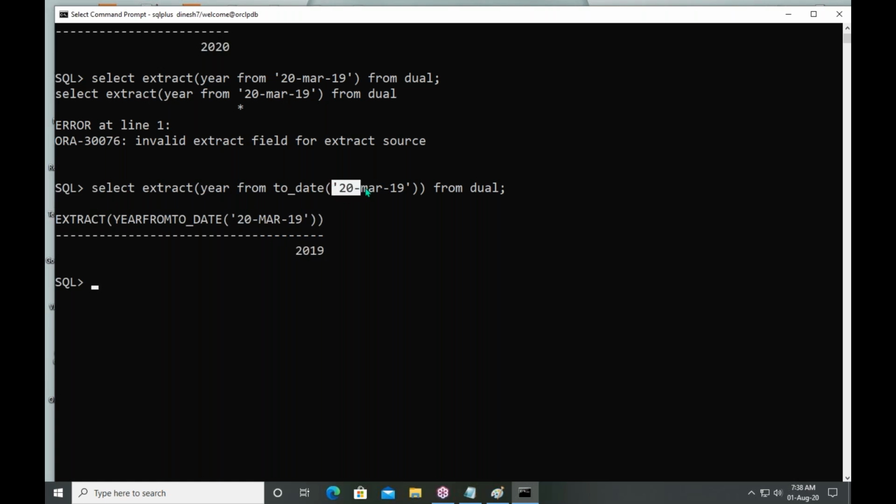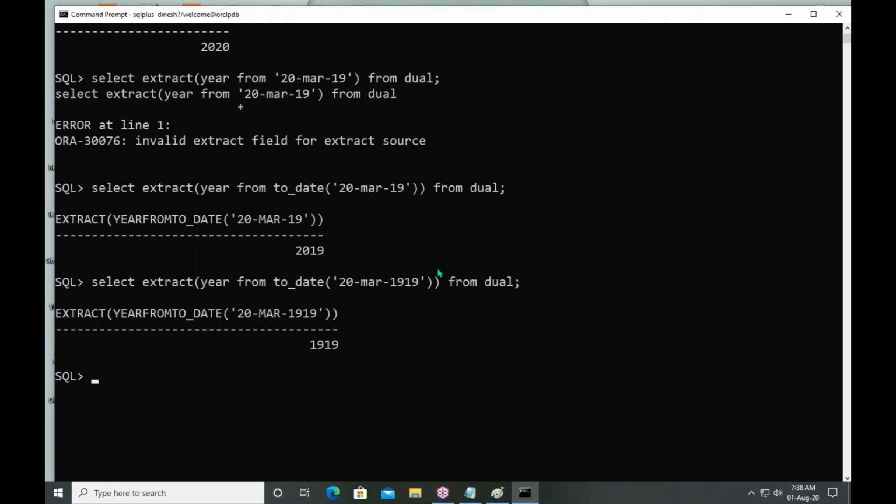I want to take it as 1919. See, with TO_DATE you are getting 1919. If you are using this function, automatically you can take any year number from your given value. Suppose I want to take it as 1819.